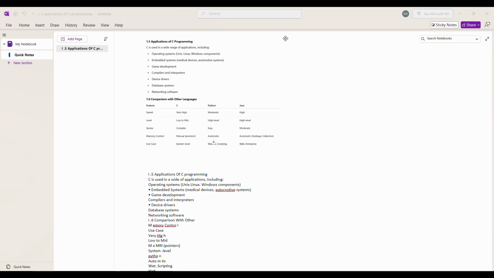The last thing to note is that these two methods can also be used with handwritten notes as well, and OneNote does a better job with recognizing handwritten notes than Microsoft Word. They might not do the most accurate job with handwritten notes, but they will still do a major part of the task for you, and you can just proofread it and verify it once again. So this is how you can quickly use either Microsoft Word or Microsoft OneNote to convert your image to